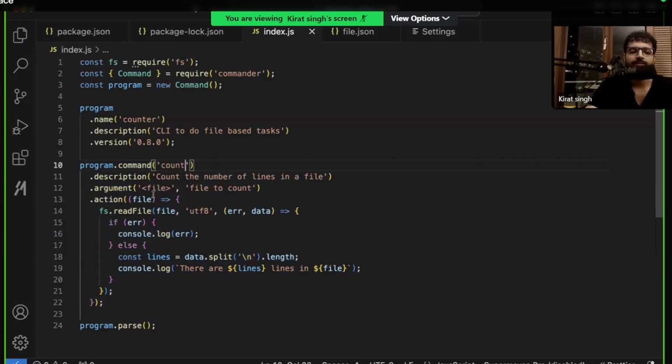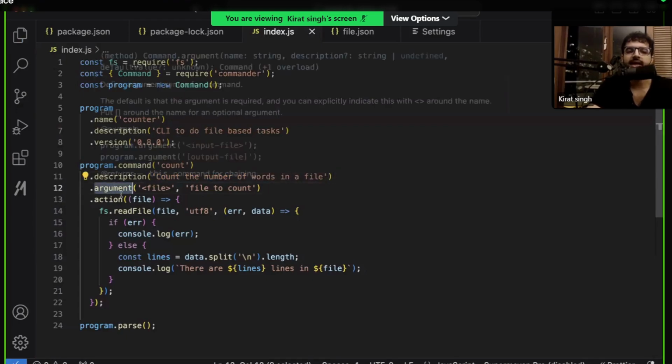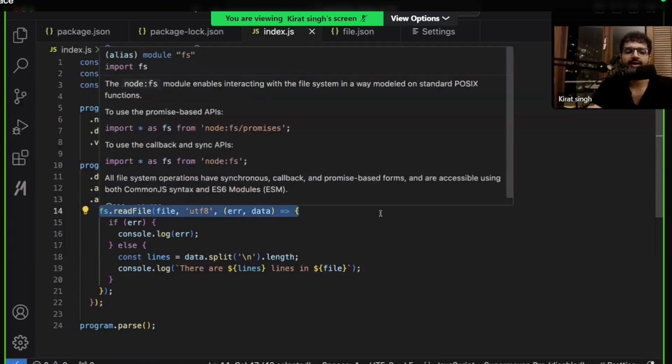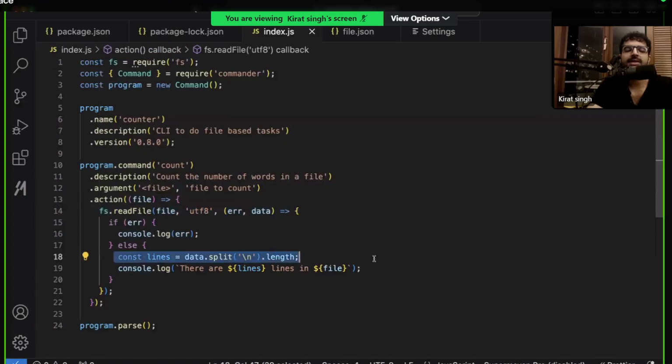And what does this do? This is the description of count words. It will count the number of words in a file. This is the single argument that it expects for now, a file. You get access to the file over here. You read the file. This is a slightly simpler syntax to find the number of words in a file. I repeat, if you add /n, that will give you the number of sentences.